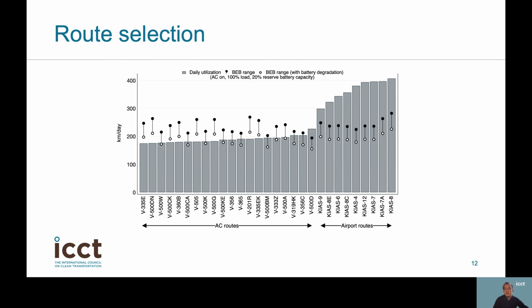So what does fleet-wide planning mean in practice for bus operators? First, it makes route selection intuitive. This graph shows a comparison of estimated range, and daily utilization indicates which routes are most suitable for one-to-one replacement. Buses with a BEB range greater than their daily route utilization can more safely replace